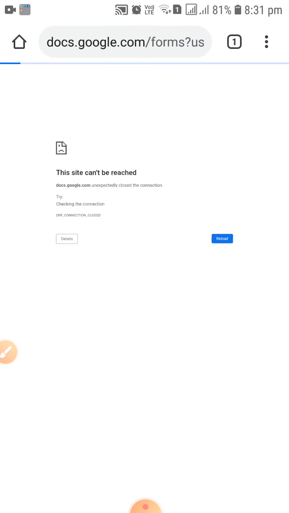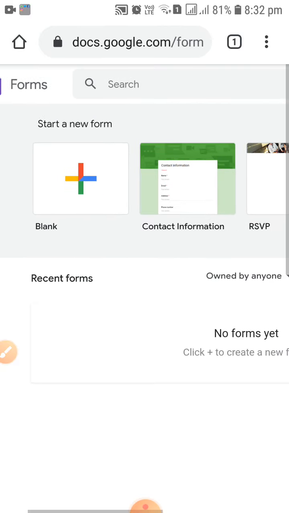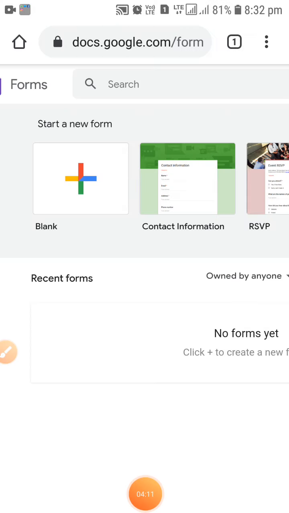We can do a lot of things in this form. Let me show you. It's coming. The internet should be working very fine, so it is taking time. Yes, from here you can see there is an option known as plus sign. You can see over there blank, that is, a blank form you can create. If you create many forms, then the other forms will be shown here after the plus sign. So we have to click on this plus sign to create a Google form.